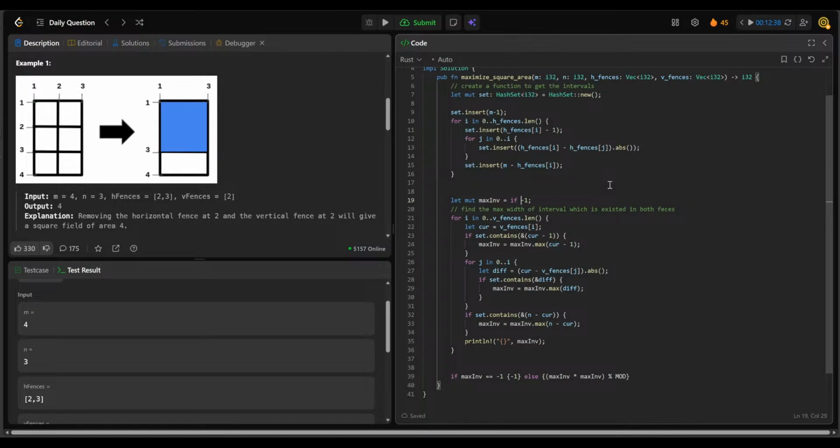If it contains the m minus 1, then we use m minus 1. Otherwise,